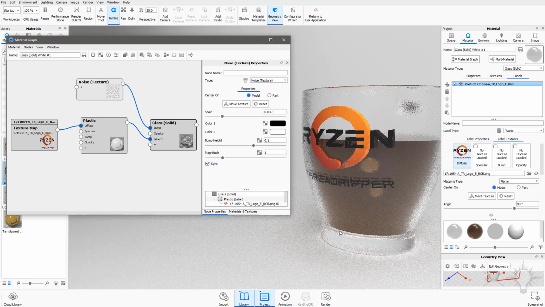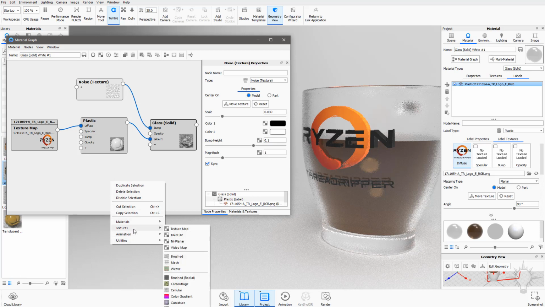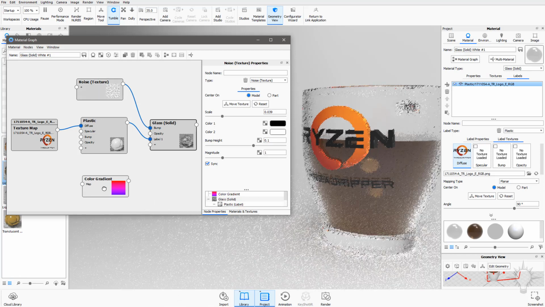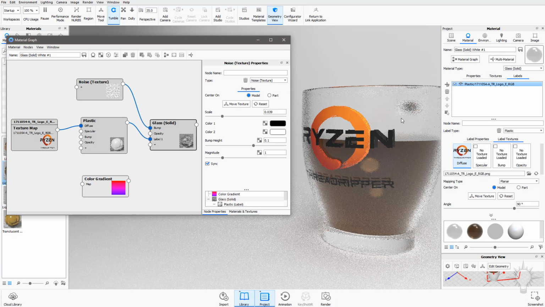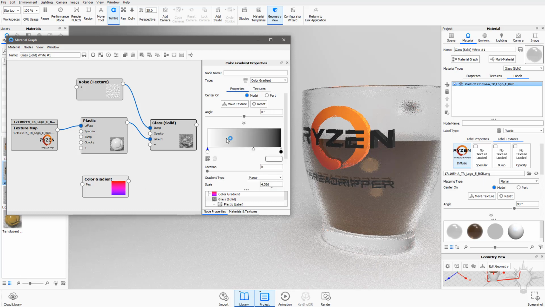But let's say we want the bottom to be frosted, but less bumpy towards the top. So what we can do to control that is right click in here. We can go to textures, and let's do a color gradient. Now this color gradient, like we did before on the logo, is going to go from one color to another color. Right now color 1 and color 2 are white and black. So I'm going to use that to control my bump height. We're going to go from black, I believe, is 0, and white is 1, I believe. We'll figure it out. So I'm going to drag this right on here, and I'm going to change that to